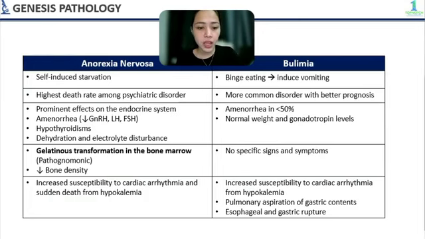Okay? In bulimia naman, hindi masyadong payat ganun kapayat yung mga pasyente. Weight is usually within normal and amenorrhea is found in less than 50% of patients. So in both your anorexia and bulimia, you can have dehydration and electrolyte disturbance, which predisposes the patient to cardiac arrhythmia and possibly death. Sa bulimia, dahil nga fino-force ng patient na mag-vomit, pwede siyang magkaroon ng pulmonary aspiration or pwedeng mag-rupture yung esophagus.